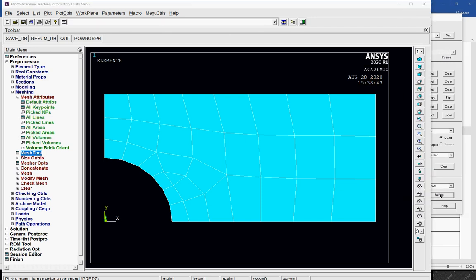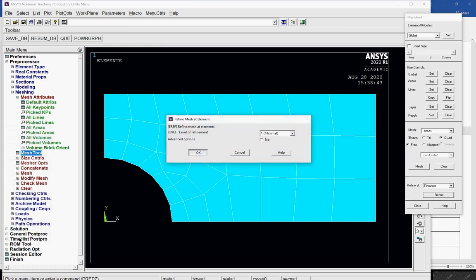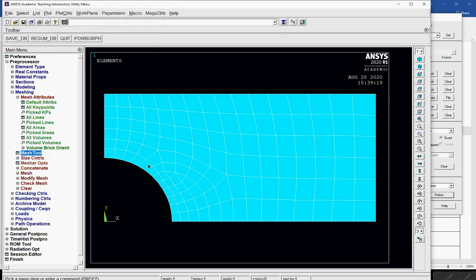I can also refine the mesh. So I can say pick all and refine each and everything. So this refinement is also done. But the problem in this case, when I do a meshing like this, it gives me a result. And to get a more accurate result, I need to go with a finer mesh element, because I'm not trying to dictate the behavior of how it is going to vary.